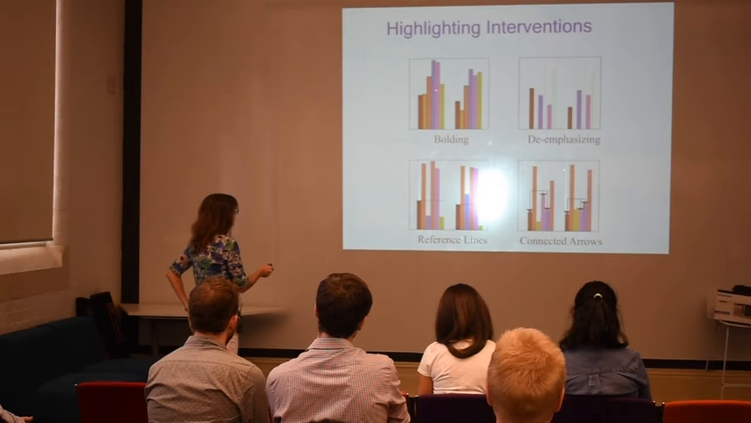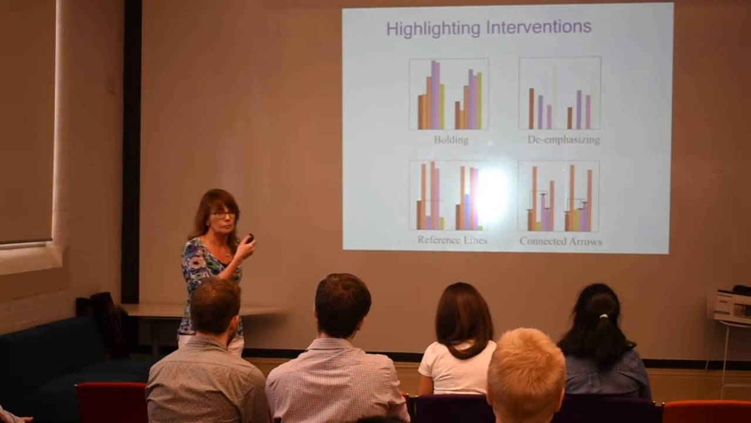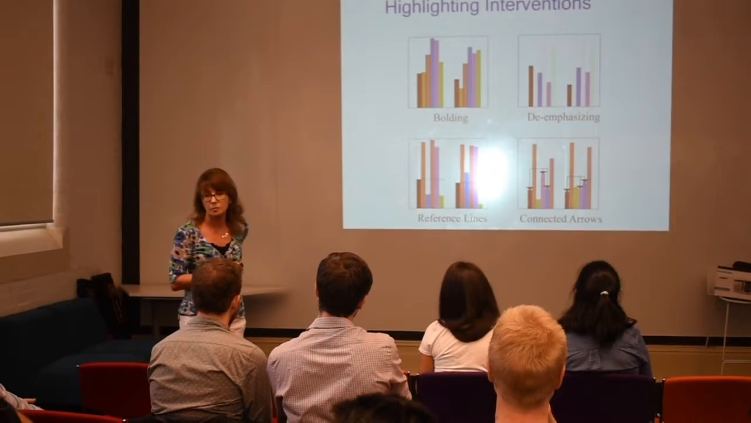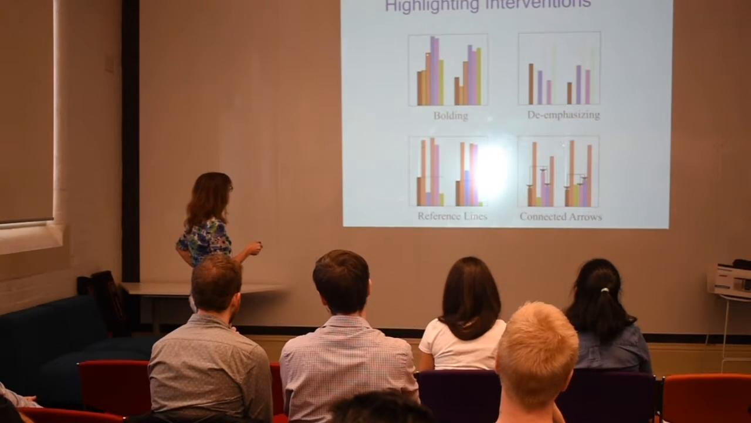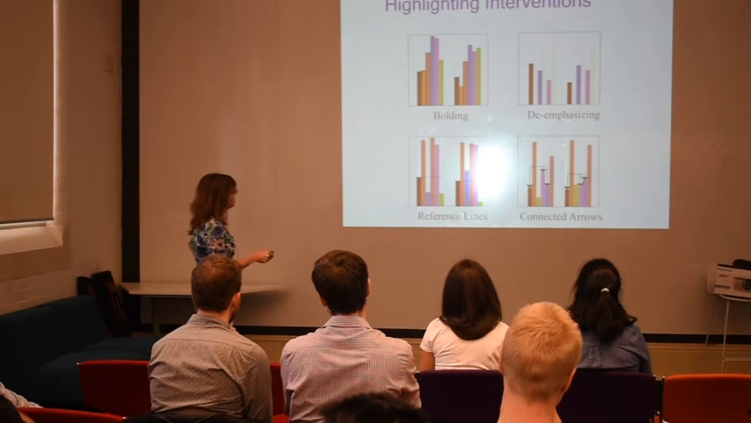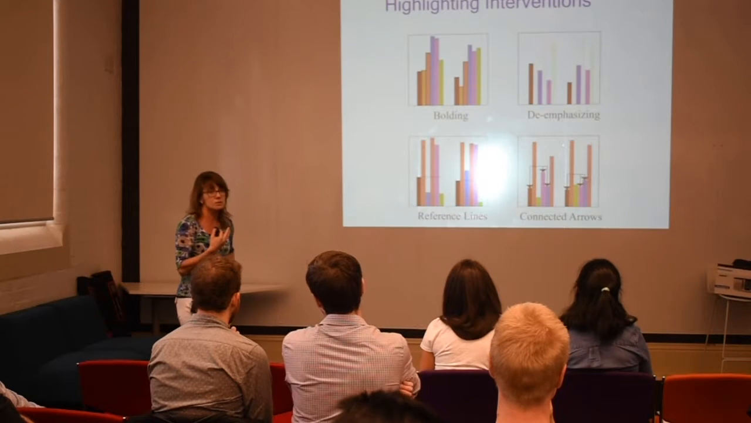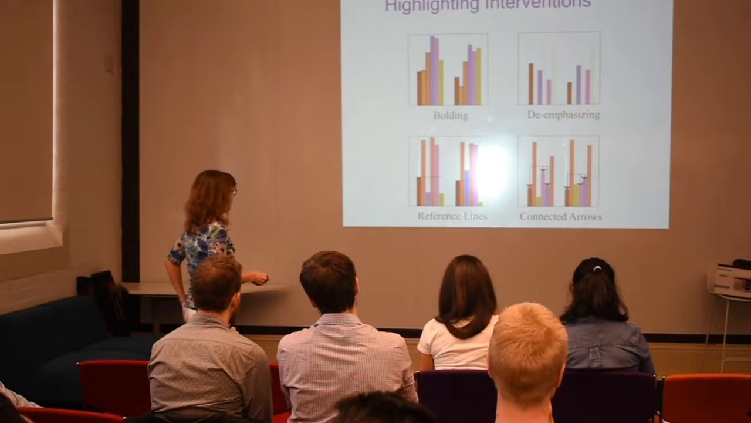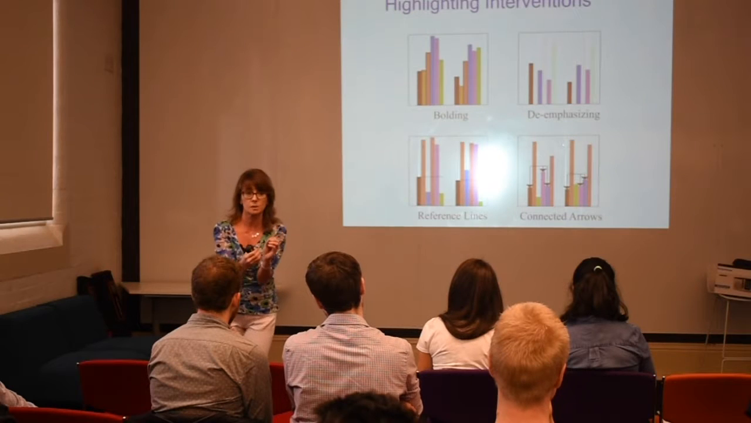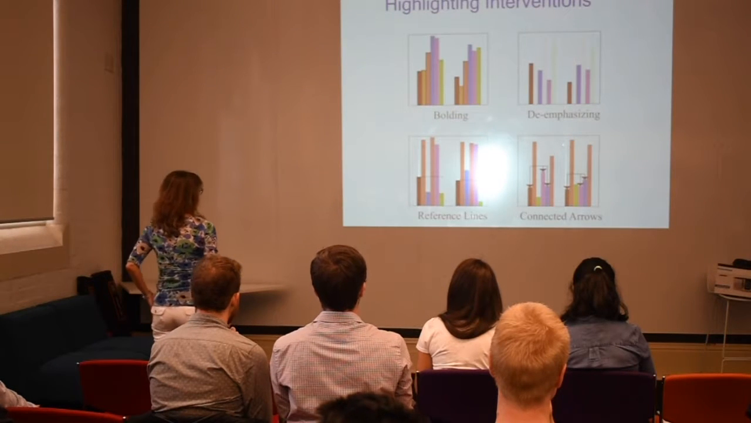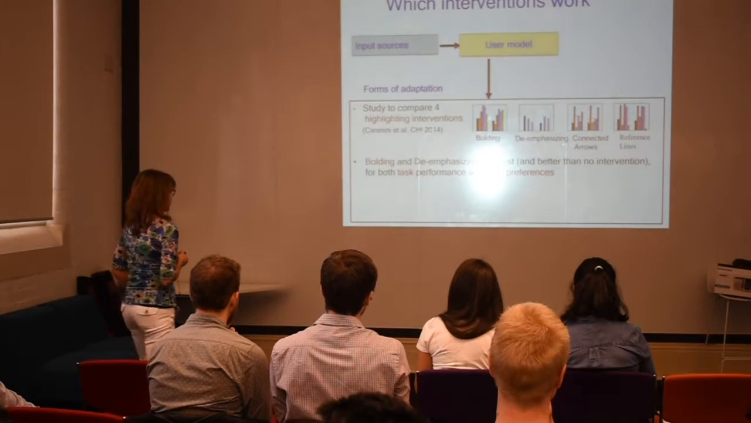And we looked at these 4 different highlighting interventions. We didn't make them up. They also come from a paper that is quite well known in information visualization. So it's like trying to bold the bar that is important, de-emphasize the bars that are not important, have reference lines that help make comparisons for things that you want to focus on, and connected arrows are also another way to highlight how to make comparisons when needed. It's a very complex study, so I won't be able to go into the details, but in a nutshell, what we found is that